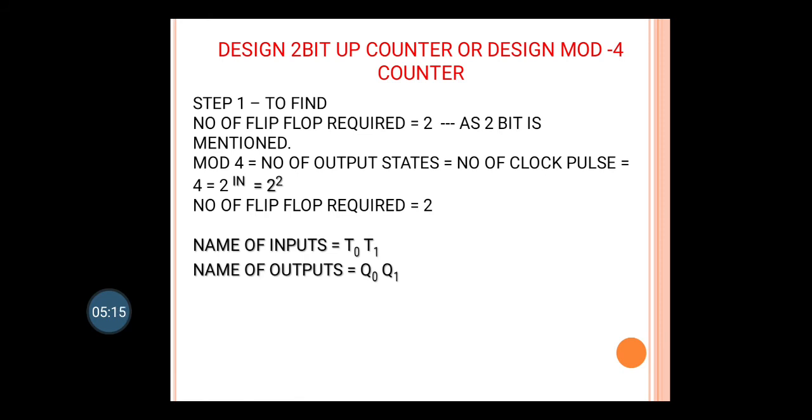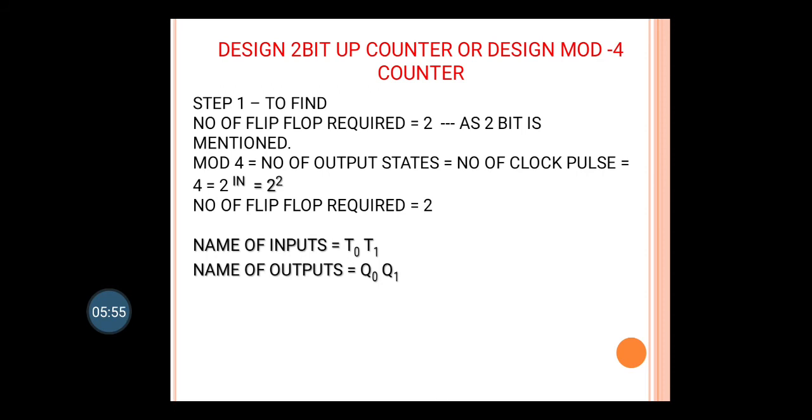Here we are going to design a 2-bit up counter, an asynchronous counter. As you know, counters are classified as synchronous counter and asynchronous counter. In asynchronous counters there are also up counters and down counters, and in synchronous counters also there are up counters and down counters. Now what is an up counter? If the counter starts counting the output from the 0 state, 0 0, and then goes on increasing till the last state and again comes to the initial state.